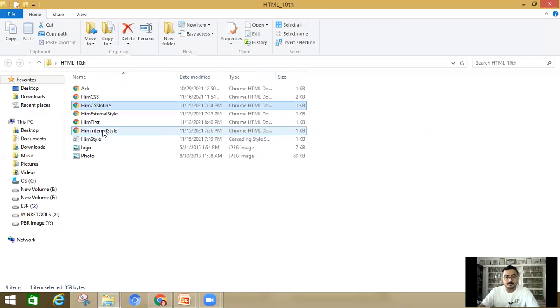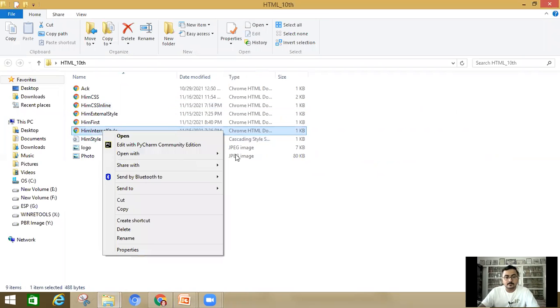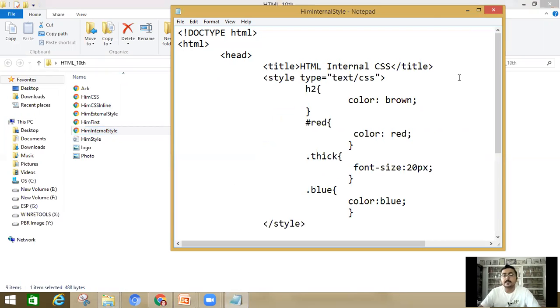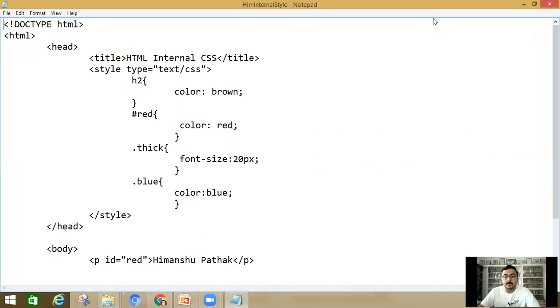Okay. Now the next one, internal style. I'm going to open it in Notepad. Here you can see what I have done. In this example, while I try internal CSS, you can learn the types of selector also. How?